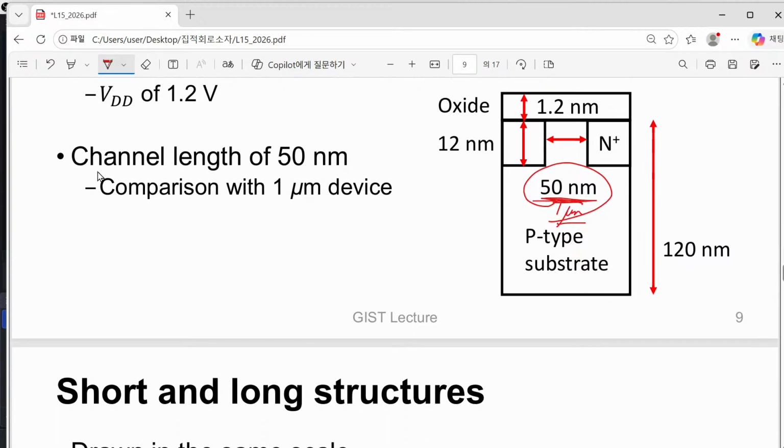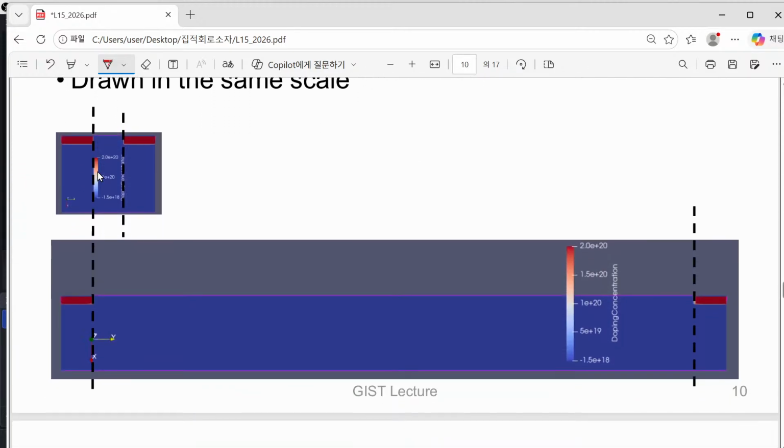So let me just give you the comparison. Here is the comparison between these two devices. This is the 1 micrometer case and this is the 50 nanometer case. You can see that yes, they look